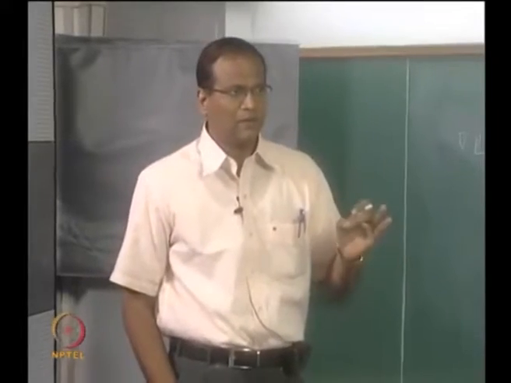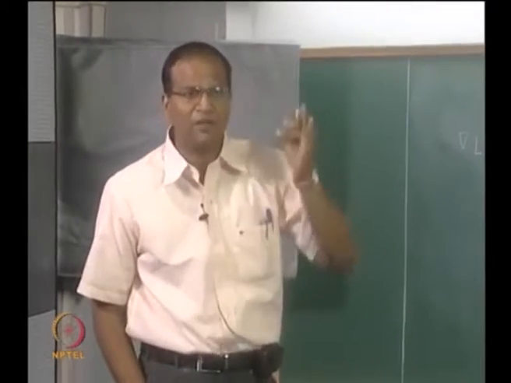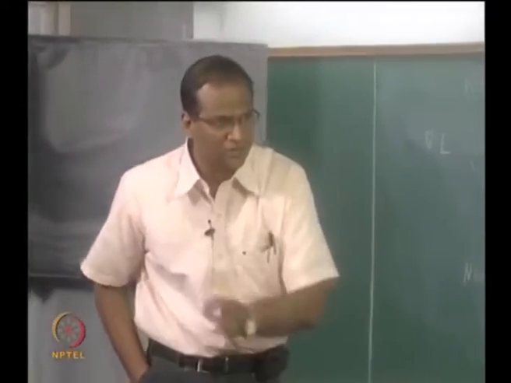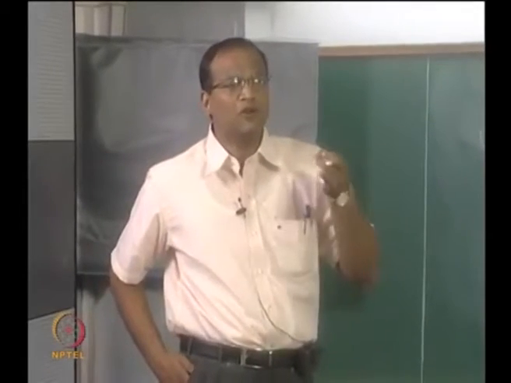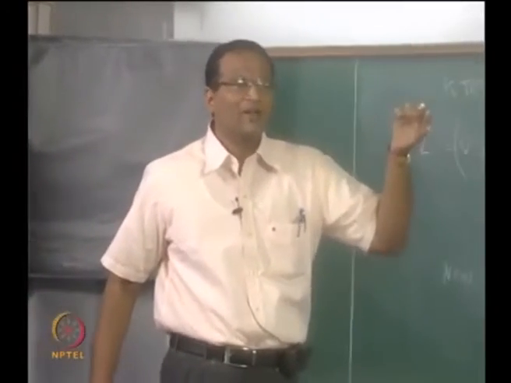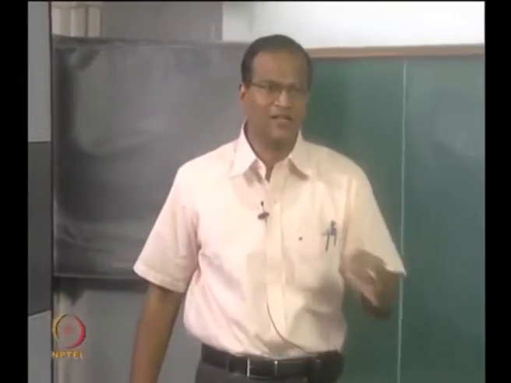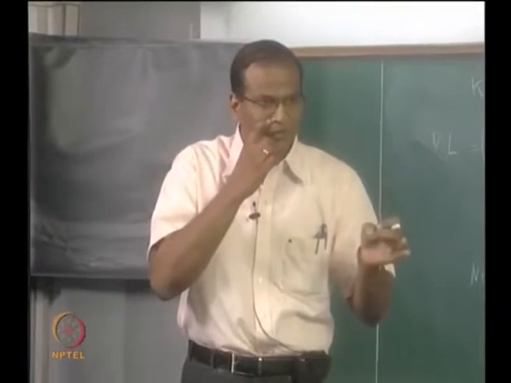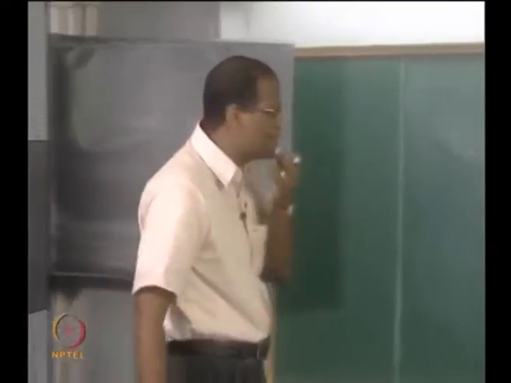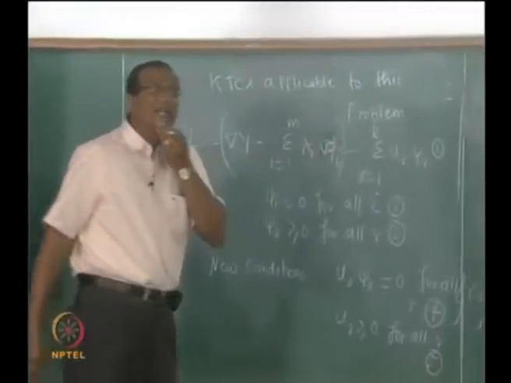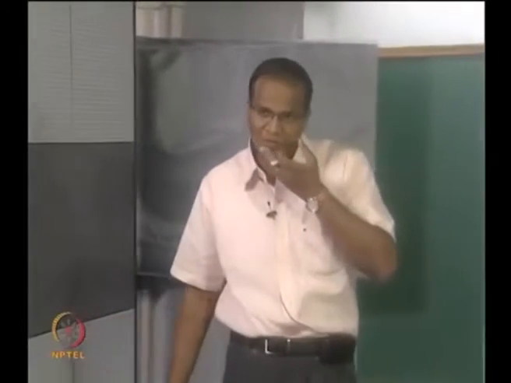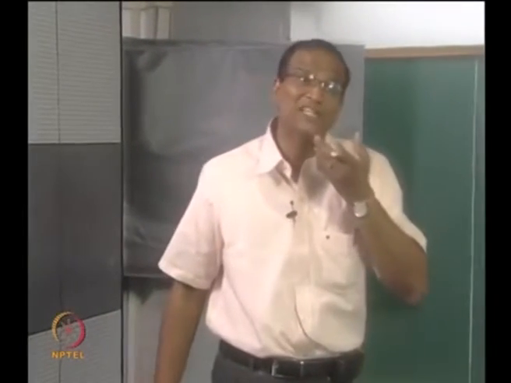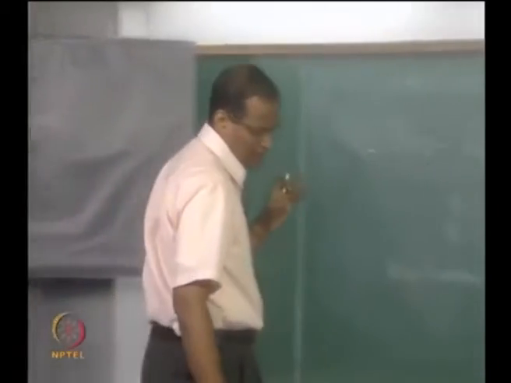Okay. U's are very similar to lambdas. Watch very carefully, U's are very similar to lambdas except that they are not unrestricted in sign. Lambdas are unrestricted in sign, lambda can be 0, lambda can be negative or lambda can be positive. It is possible for you to have an increase in the objective function with an increase in the constraint or a decrease in the constraint or no change in the objective function. However, the u's are restricted in sign, the u can at best be 0 or it has to be more than 0 because it accompanies an inequality constraint, it does not accompany an equality constraint.